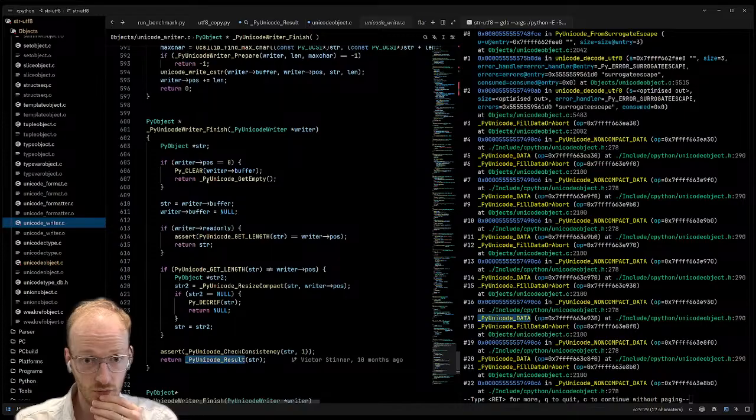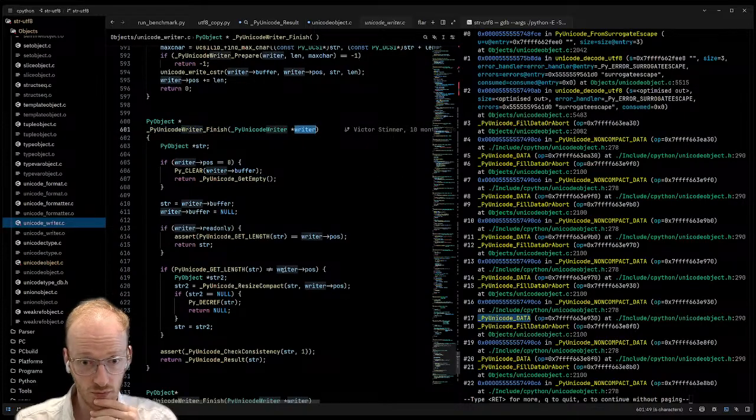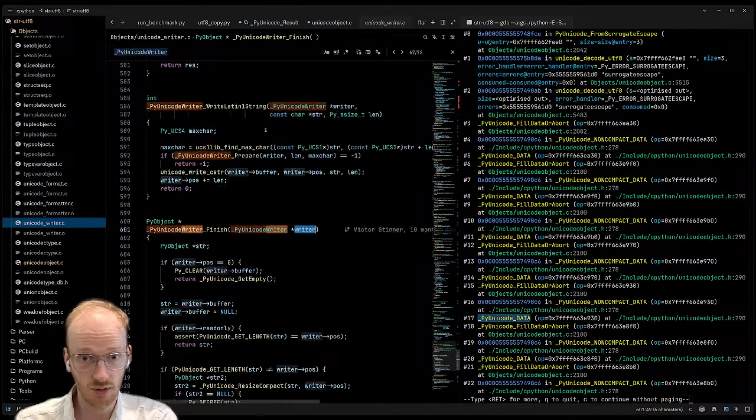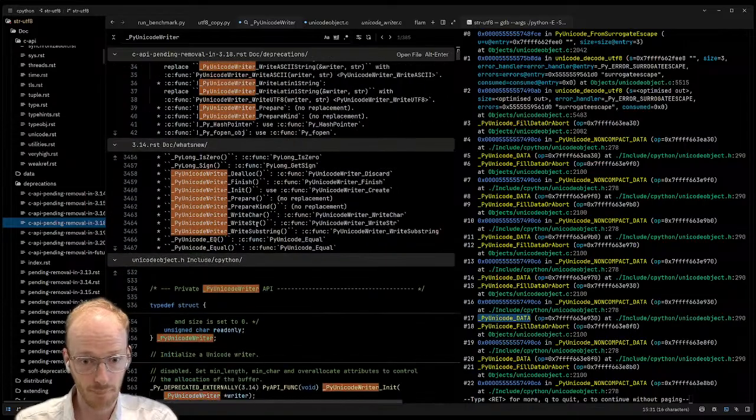So we could instead just do, what do we do with the writer? Looking at the PyUnicode writer finish to see what we do instead. Doesn't look like we, because the PyUnicode writer is just a struct, is it? We don't need to deallocate it.